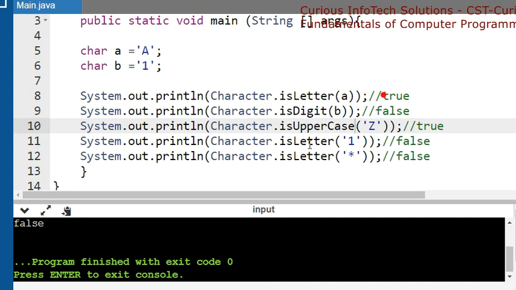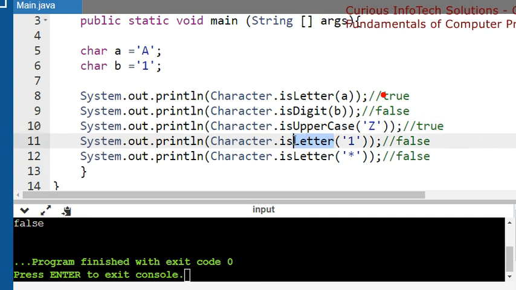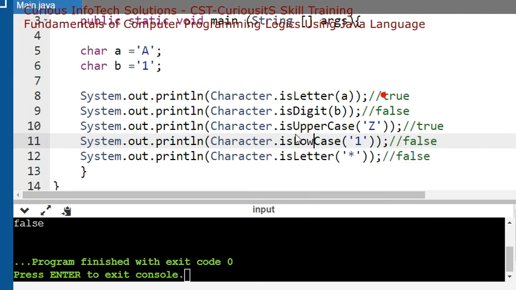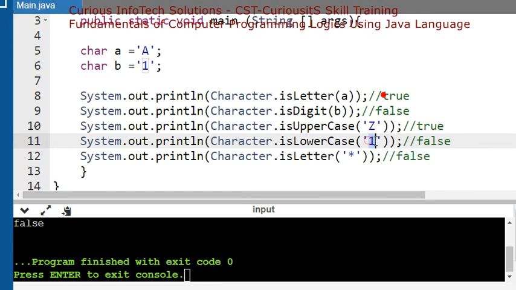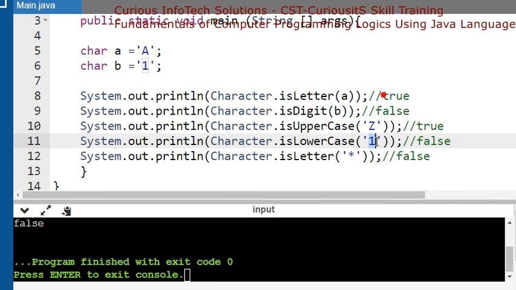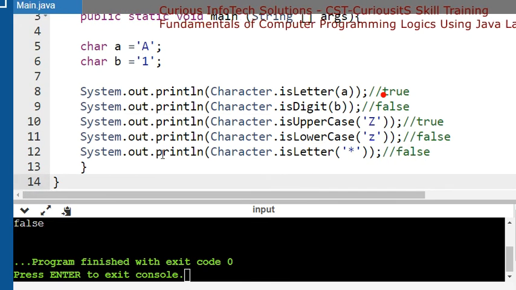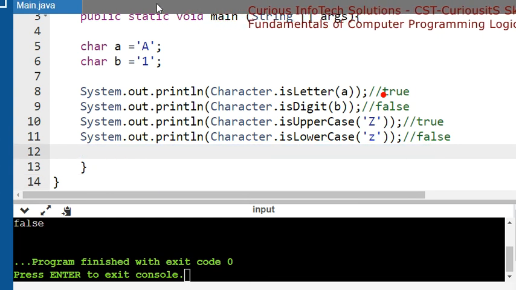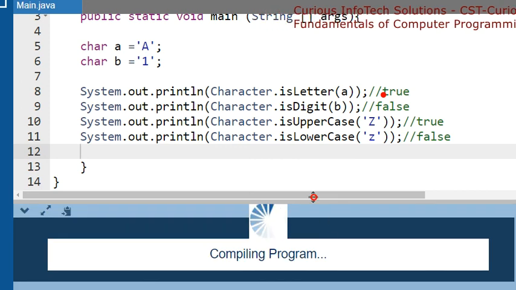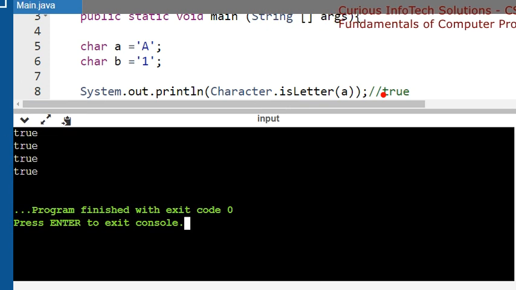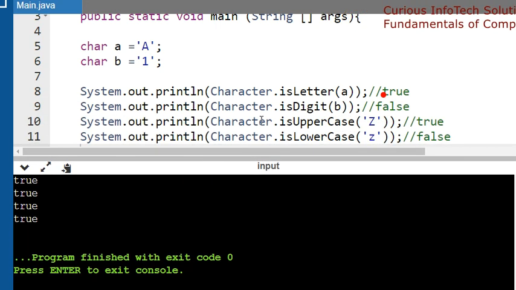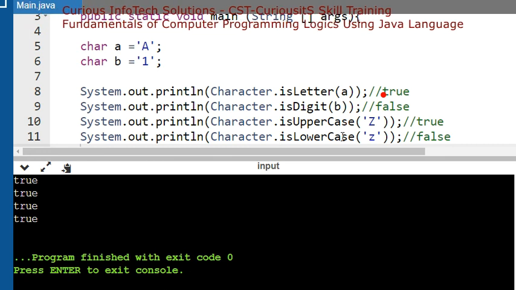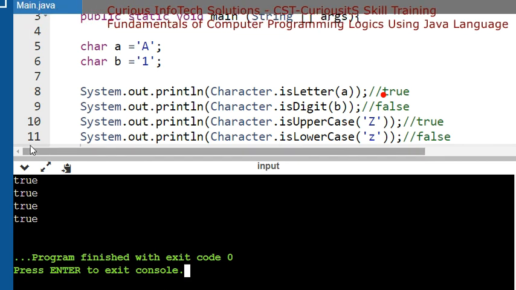Now let I will understand the lower case। अब लोअर केस को भी कर लेते हैं बस एक और, तो let I have a lower case, this is the lower case। तो अब लोअर केस में इसको दे देते हैं let small z, small z। ठीक है, तो लास्ट वाला तो कोई जरूरत नहीं, इसको हटा देता हूं मैं अभी। Now see the run, run the program, you should get a all true, सब true मिलेंगे। क्यों, क्योंकि सारे के सारे हमको isLetter true, isDigit true, isUpperCase true, isLowerCase true, सब true, सबको हमने सही कर दिया।